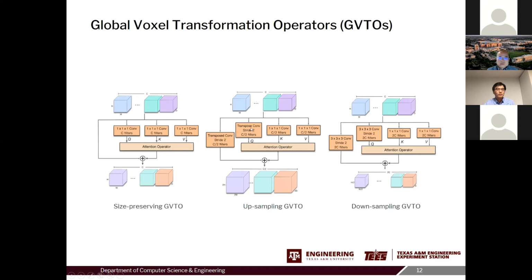So what you can do here is apply a transpose convolution with a stride of, for example, 2. This will produce an output that is 2 times the size of the input. Similarly, you can do downsampling by performing a convolution of the query, so that the size of the query is reduced by a factor of 2, and then the size of the output is also reduced by a factor of 2 compared to the input.